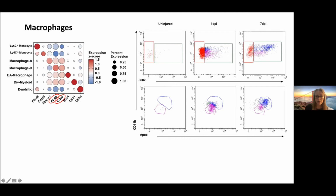As we would expect, there are very little to no CD63 positive cells in the uninjured condition, but over time the monocyte population increases and then decreases. So this is a way for us to pull out the monocyte population and then just look at the macrophage A and B state. Once we're able to do this, we then come down to the ApoE marker to differentiate between macrophage A and B. So we plotted this against CD11B, and you can see over time,